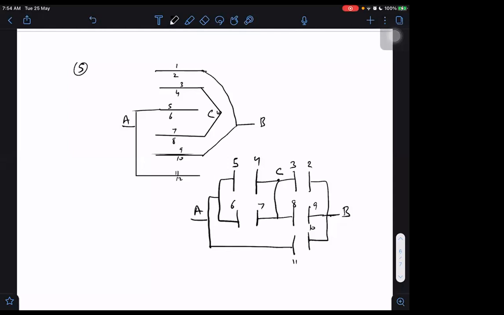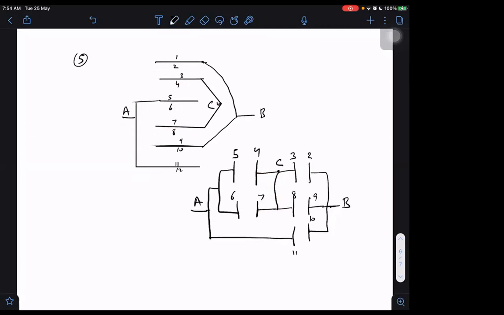In fact, I could have formed a Wheatstone bridge also if I had arranged it in such a way that this C, which is connected to this, is not connected to 7 and 8. Here I connected C to these and I connected to 7 and 8. Instead of connecting this directly with 7 and 8, I would have taken one capacitance in between. That arrangement I would have to make. Then it would have become a Wheatstone bridge also. We can get such an arrangement also.